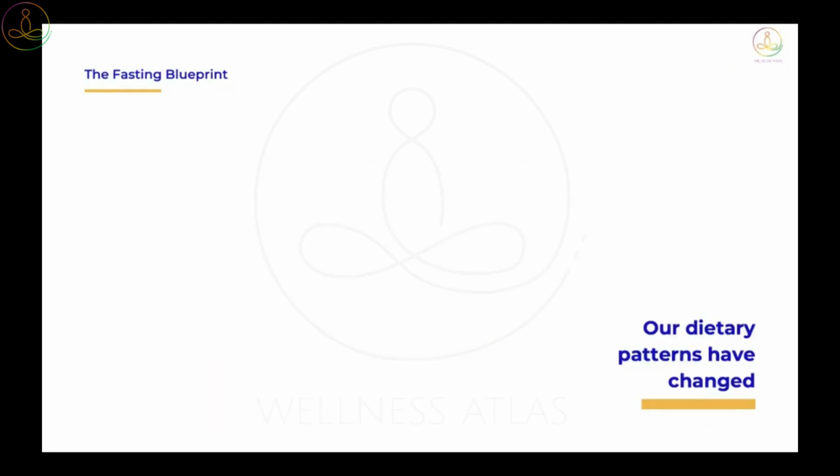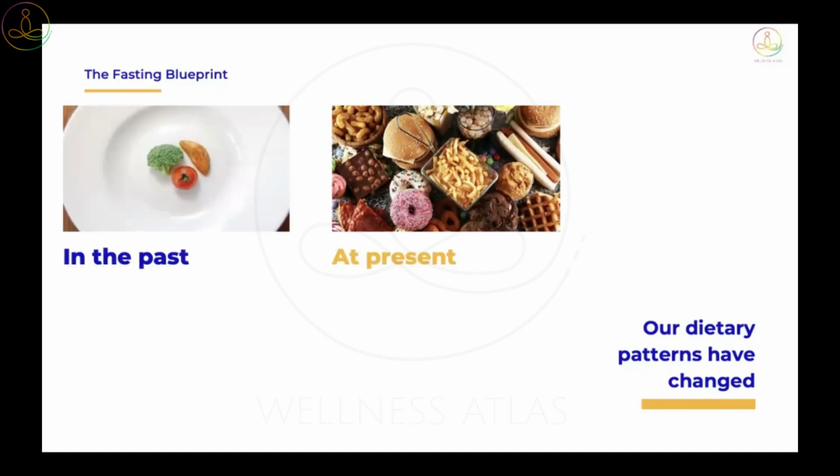The other thing which I have to note is that our dietary patterns have changed over maybe the last 4 or 5 decades, or 3 or 4 decades, right? 4 or 5 decades definitely, or maybe independence until today, right? So in the past, typically there was scarcity of food. खाना थोड़ा कम होता था, right? Today there is abundance of food, right? And on top of that, you have the Swiggies and the Zomatos of the world. So there is abundance of food.